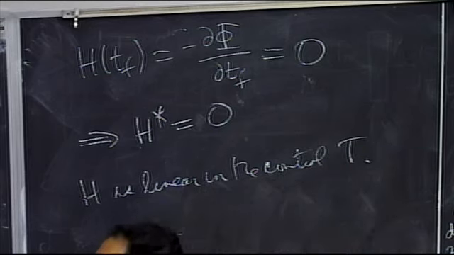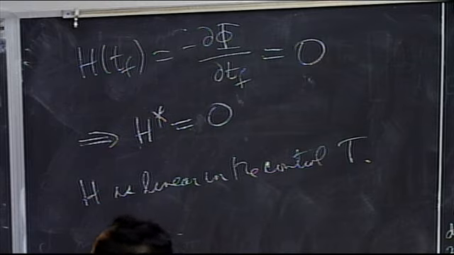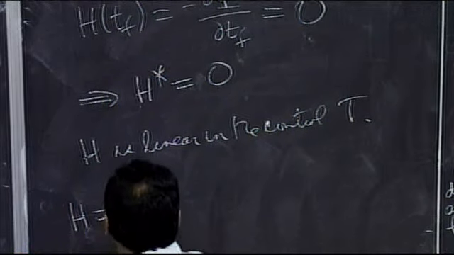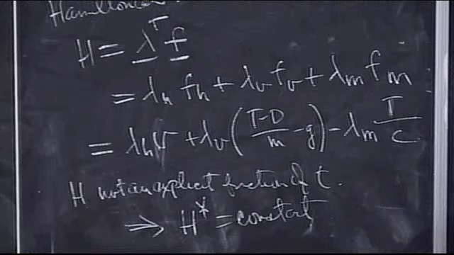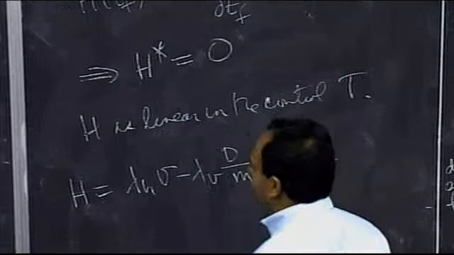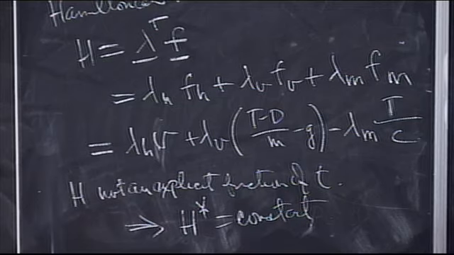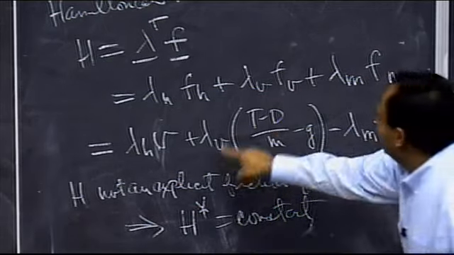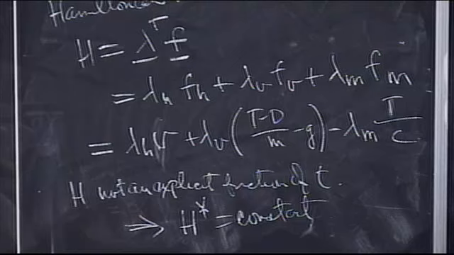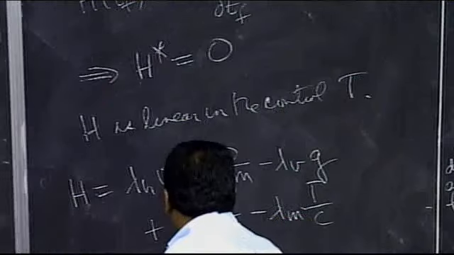So let's rearrange this, okay? I'm going to rearrange H because let's get all the terms that involve the control in one place. I've got lambda sub H times V. Let's factor everything out. Minus lambda sub V times D over M. I'm just taking all the things that are not a function of the control. Minus lambda sub V times G. And then I've got plus lambda sub H times T over M. That's this term right here. And I've got minus lambda sub M times T over C,